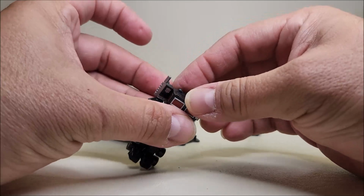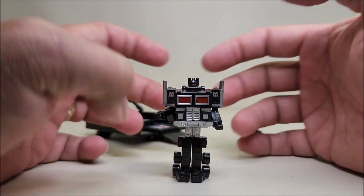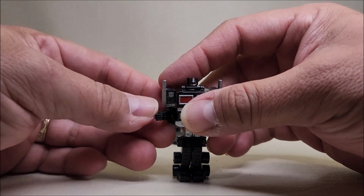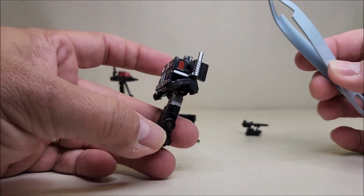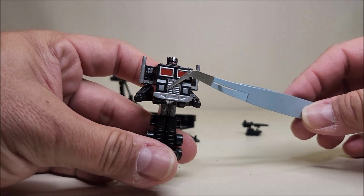And bring these out, flip the head over, and there you have our world's smallest Transformers Nemesis Optimus Prime in robot mode, standing approximately 2 inches tall. And again, I've brought this up before. I don't know that Takara ever actually did an official Nemesis Prime release, but